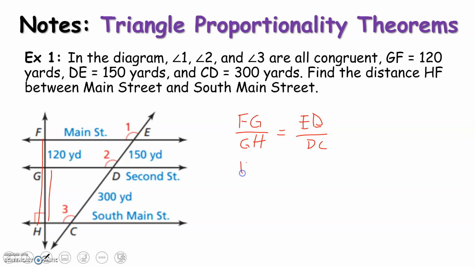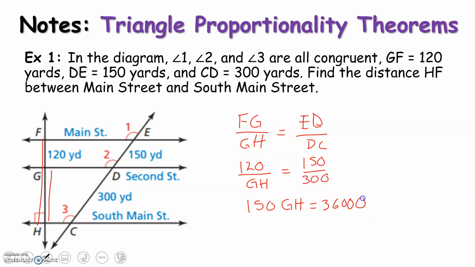That is, 120 over GH is 150 over 300. By cross multiplication, we get 150 GH is equal to